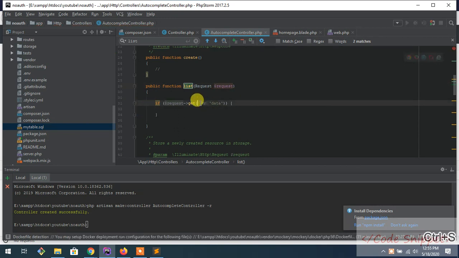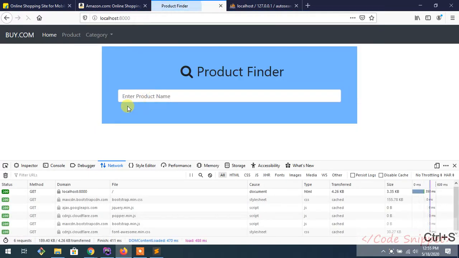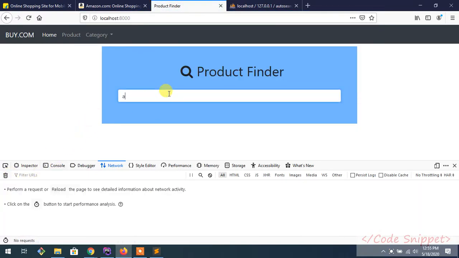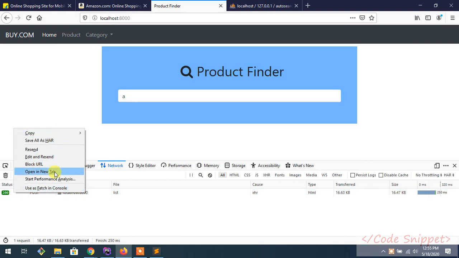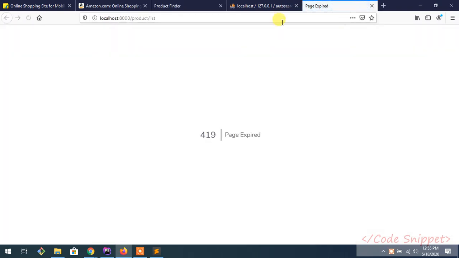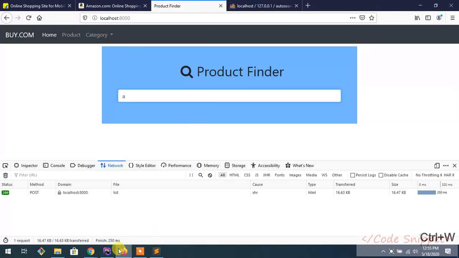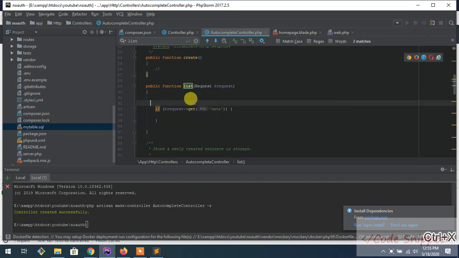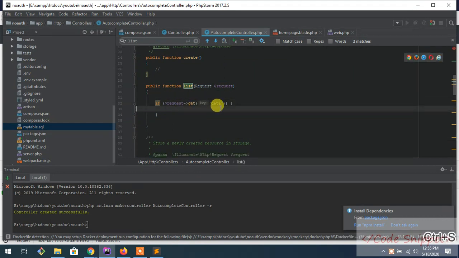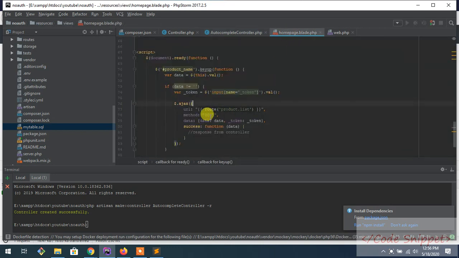Suppose request, so in that also let me show something for you. Go to your browser, open Ajax, write something, open a new tab. Now if you request get data, data is a variable we're sending from here in data